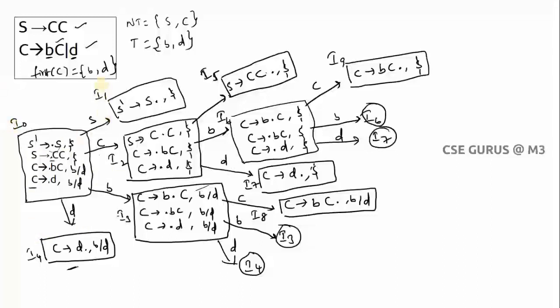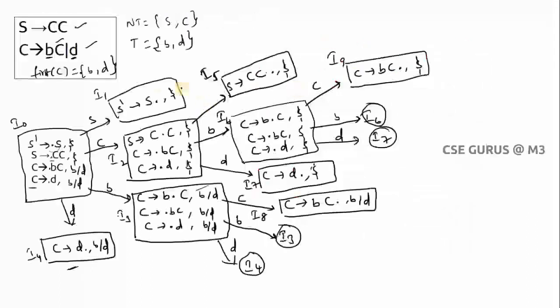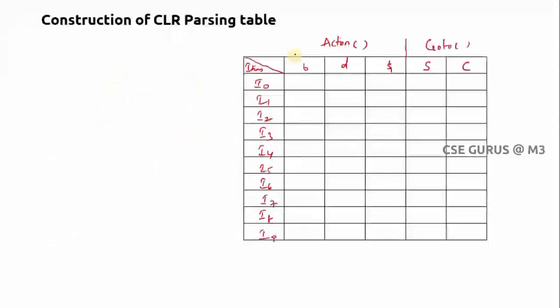First, I0 to S, I1. In this parsing table I need to write shifts, reduces as well as accept. I explained how to write them in SLR parsing, and here also I'm explaining: for a non-terminal, for a particular item you have to write only the number. For a terminal, you first need to write the shift. I0 on S goes to I1. It is a non-terminal, so instead of writing I1, I'll write 1. If this 1 comes in the terminals, I need to write shift 1, S1.